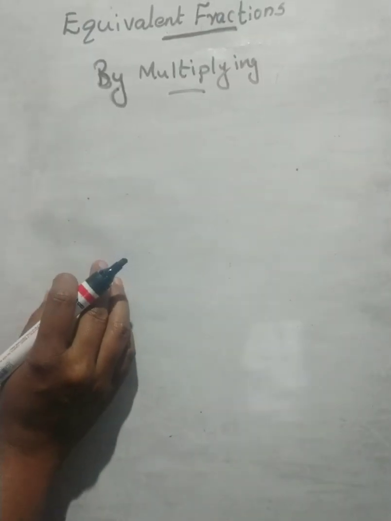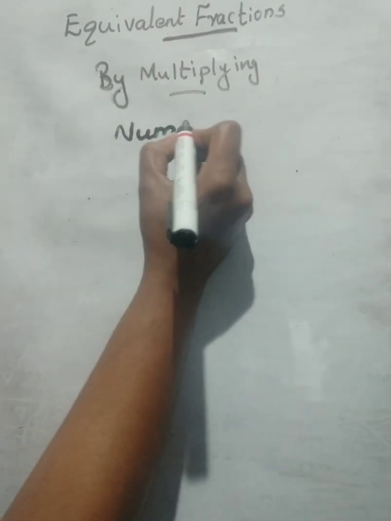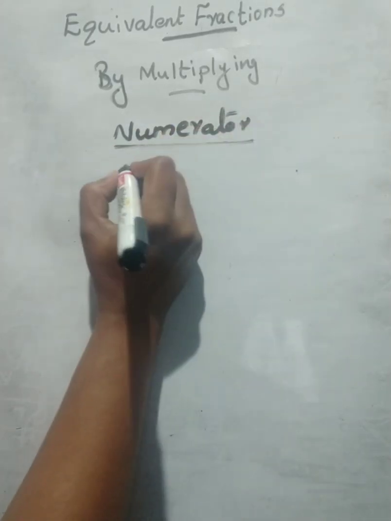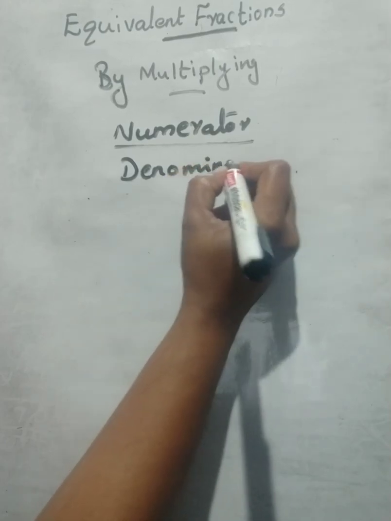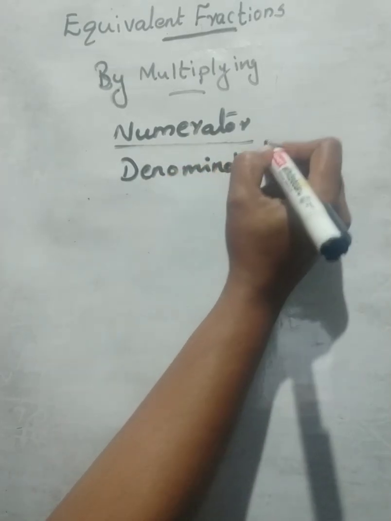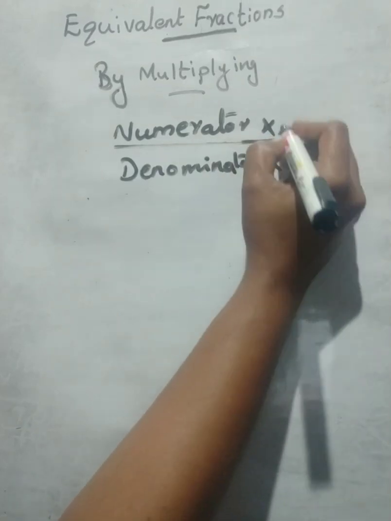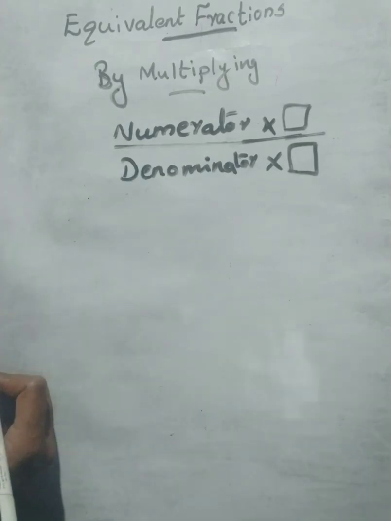We have to multiply both the numerator and the denominator by the same number. This box is the same and this box also should be the same. Example,